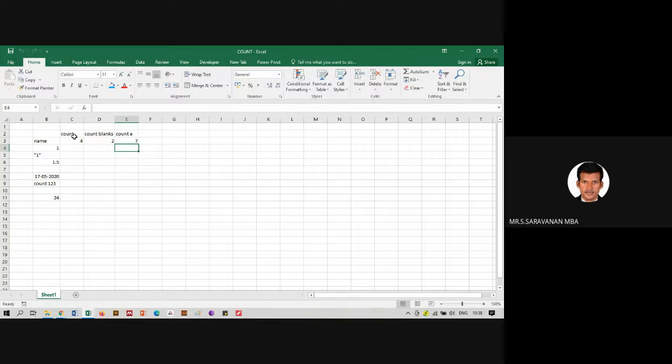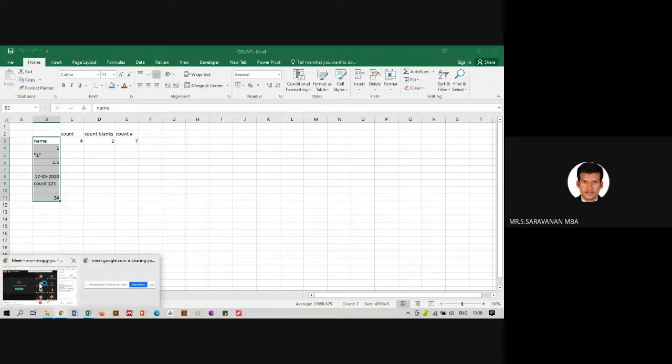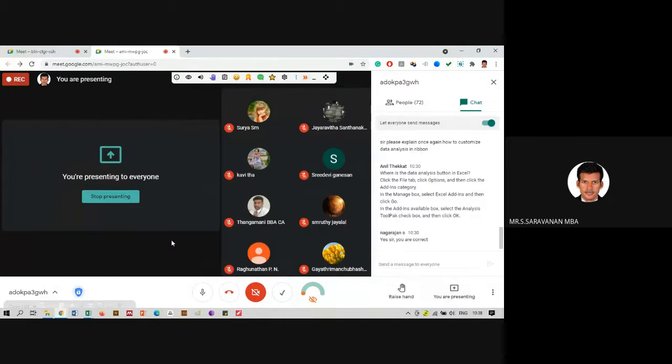Okay, first we will start with the COUNT one. So this is the information we have. We want to find out how many values there are. Okay, so COUNT will only take numbers. So how do we know whether a cell contains a number?